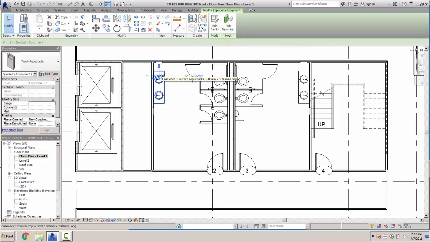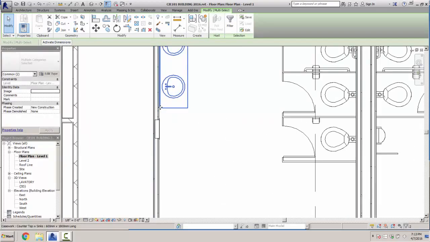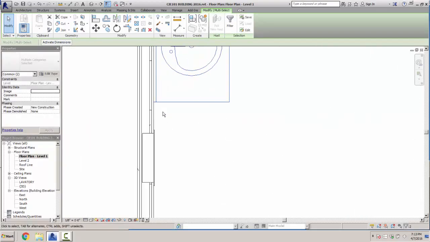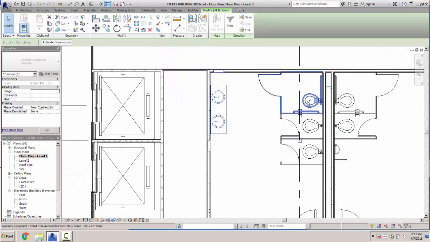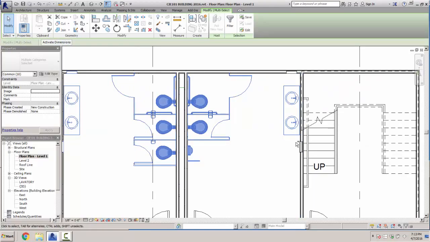This one. Hold down the control key. This one. Get everything. Mirror. I think I got the mirror. That thing. And we want this toilet, this toilet, this toilet, urinal, stall, stall, sink,